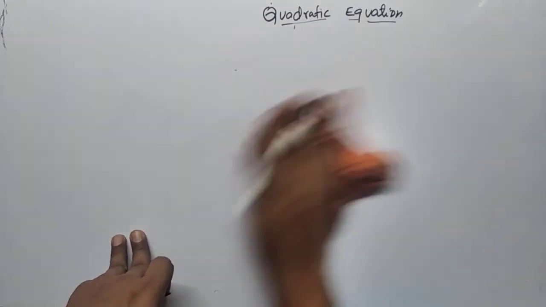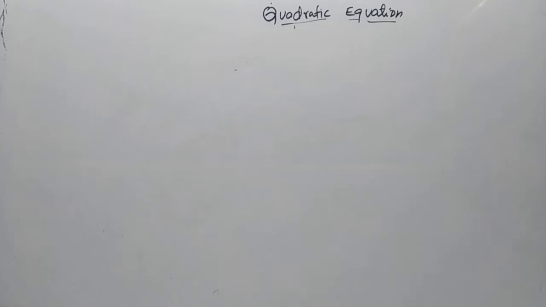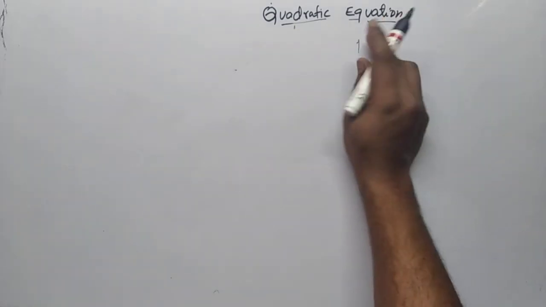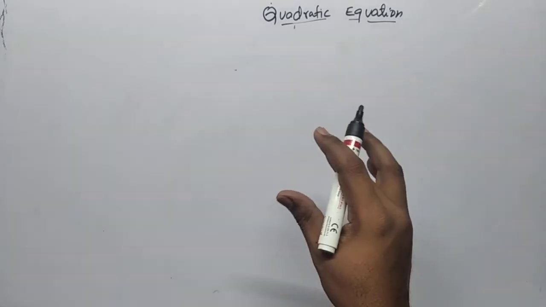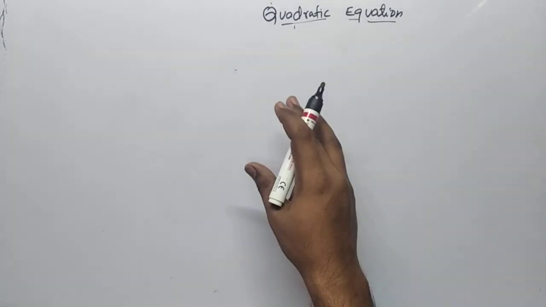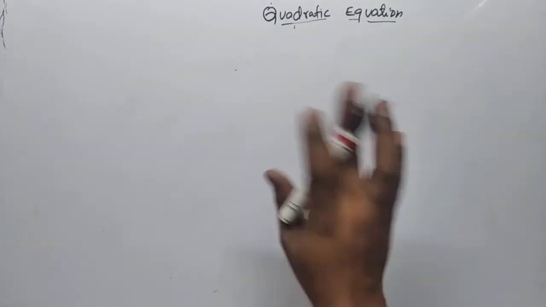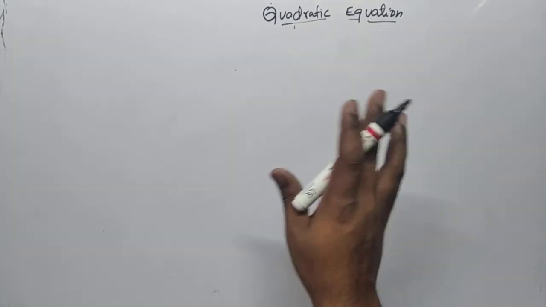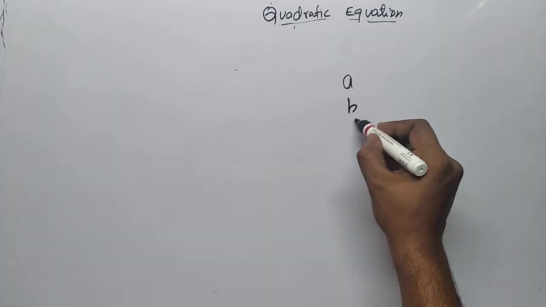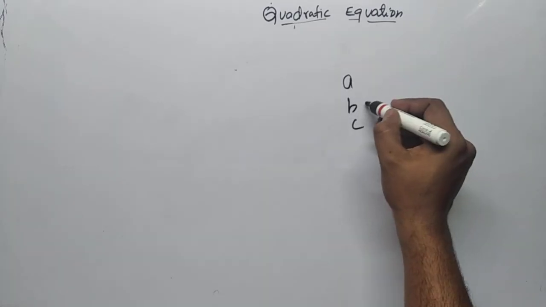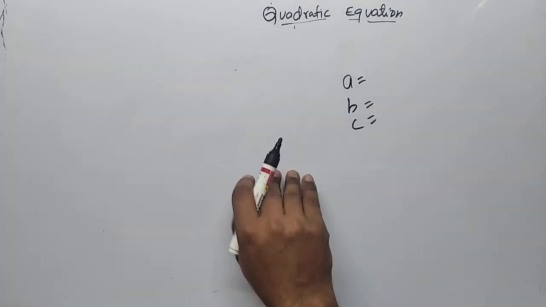Okay, so you do one thing. In your textbook, in the first exercise, whether it is in the 4th chapter or 8th chapter, you will have some equations. The first thing you need to know is whether they are quadratic or not. Find out whether the given equations are quadratic or not. If they are quadratic, write the coefficients a, b, c. What is the value of a, b, c? Okay, you do that.